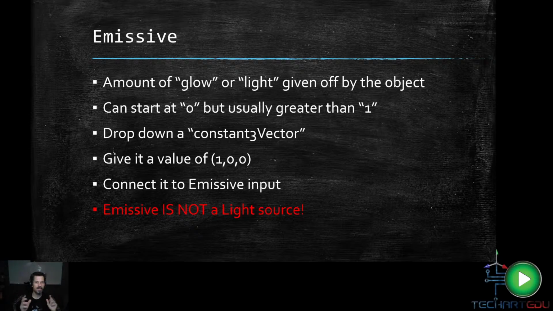But the most important thing to understand is that emissive objects are not light sources. They look like they're really bright, and they blur like anything, and they look like they know what they're doing. But in reality, emissive objects are not light sources. You cannot use emissive in order to light a scene. Okay, so I'm not going to put any emissive onto the Canon because the Canon really doesn't have any kind